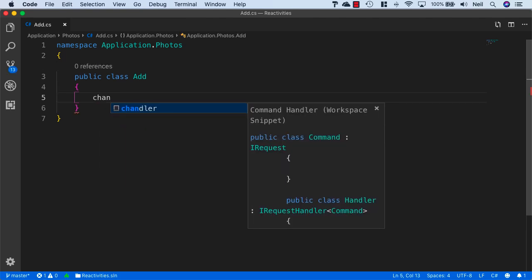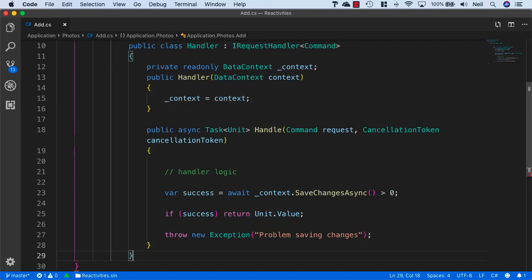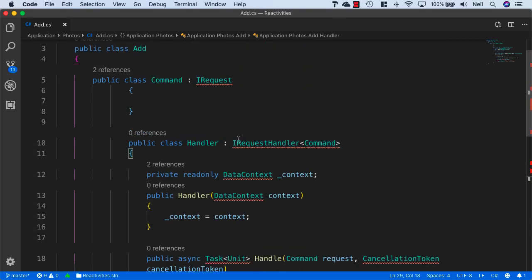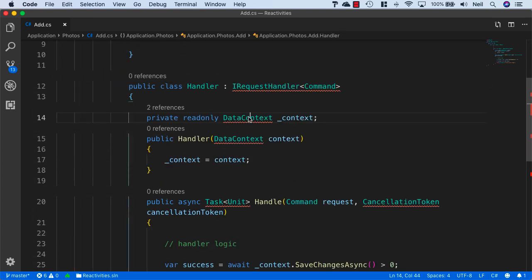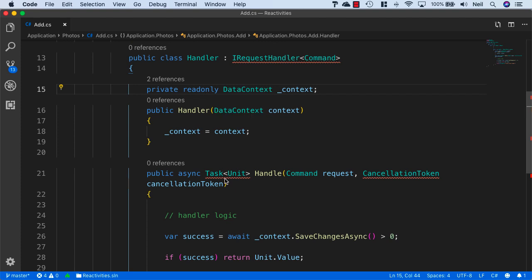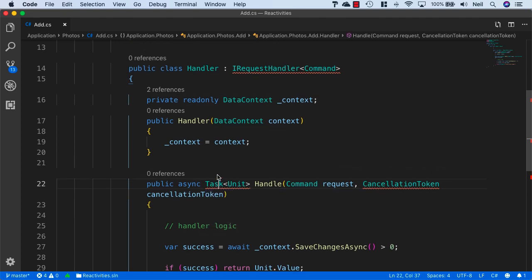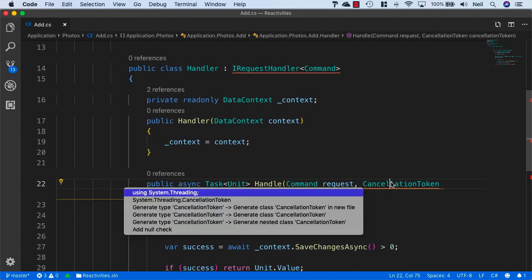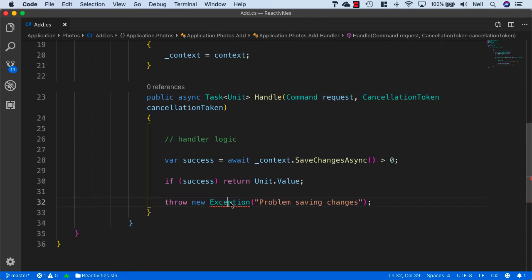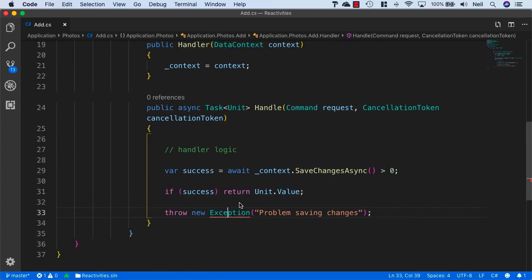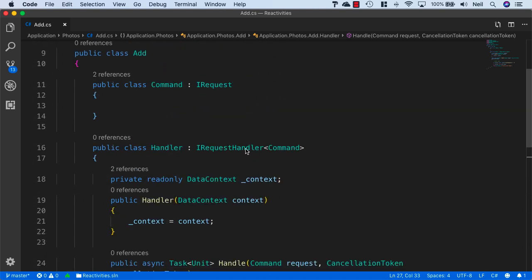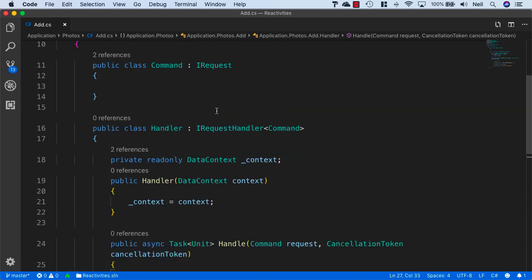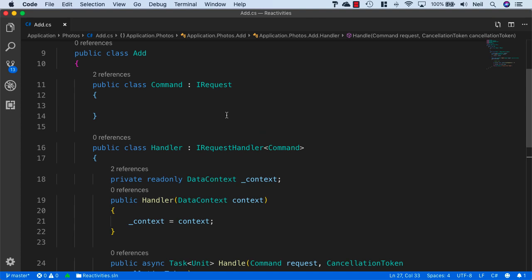But we'll start out by using our snippet to create a command handler. And we'll bring in all of the usual suspects: using MediatR, using Persistence, using System.Threading.Tasks and System.Threading, and also the Exception as well. And I'll just reformat. But in this particular handler, whilst normally we wouldn't return anything from a command, it's kind